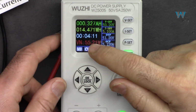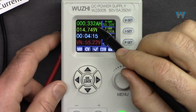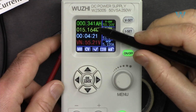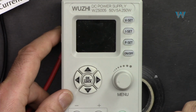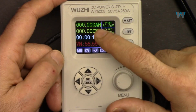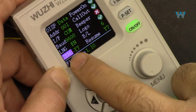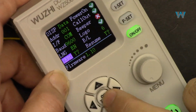And here, when you want to reset these values for the capacity, 0.33 ampere hour and 14.95 watt hour, and the time, I could not find any other option but to turn it off. And once you reboot it, you can go to the menu and see it is 0 except the time that is running. If you want to recalibrate the voltage and current, 0, it says Y or yes, just press OK,